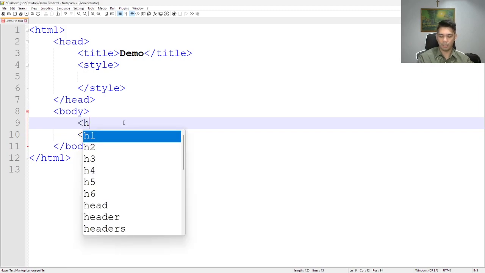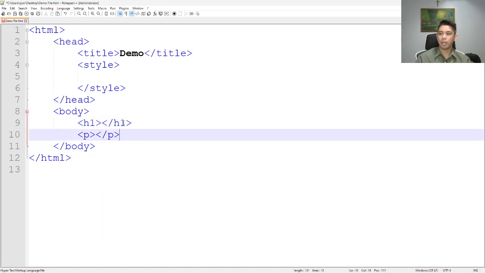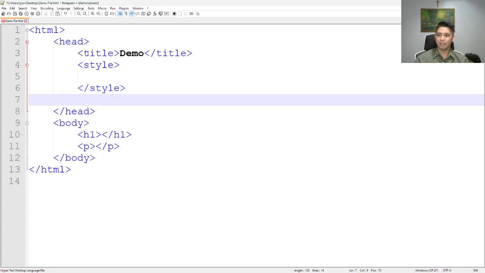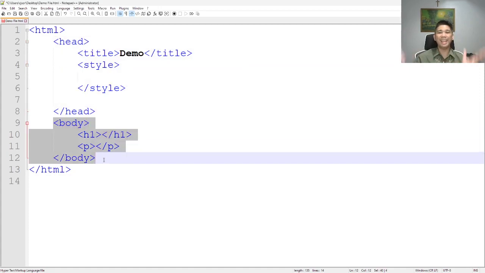We also have a header. Now, to add JavaScript, we will use the script tag. Here's the thing. When writing script tags, we can actually place the script tag inside the head section, or we can also place it inside the body. So basically anywhere. But there are actually conventions that we need to follow,